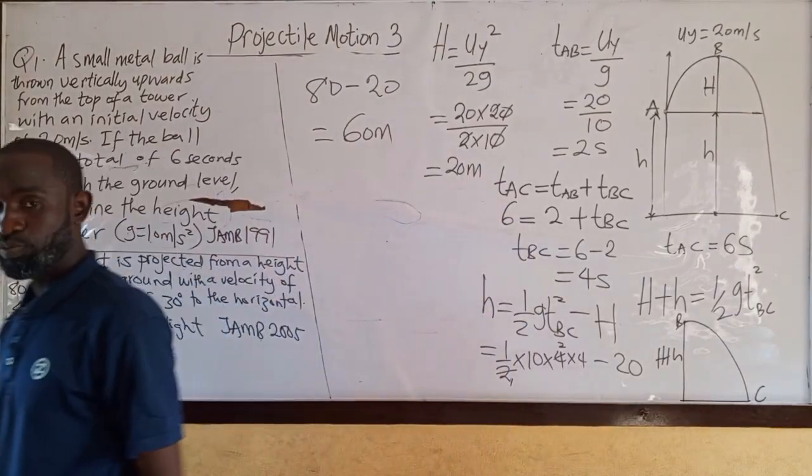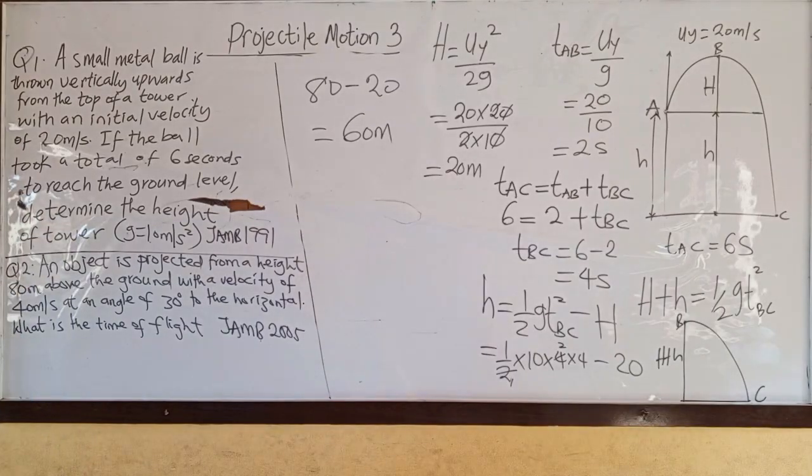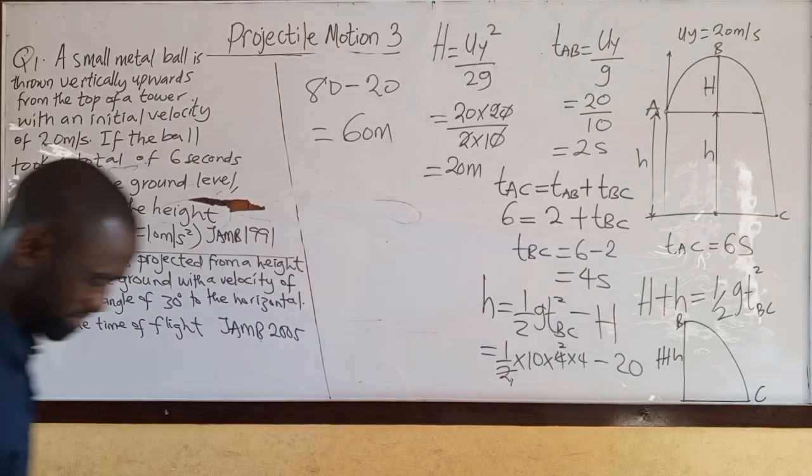Let's go to question 2. Question 2: An object is projected from a height of 8 meters above the ground with a velocity of 40 meters per second. Now, class,